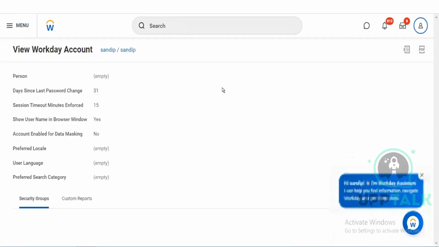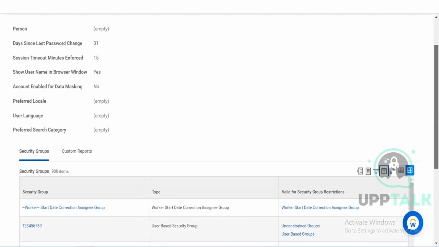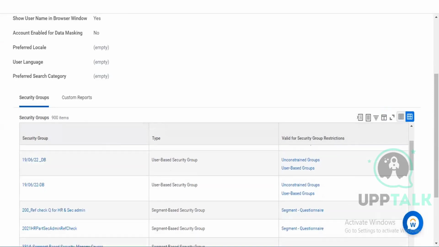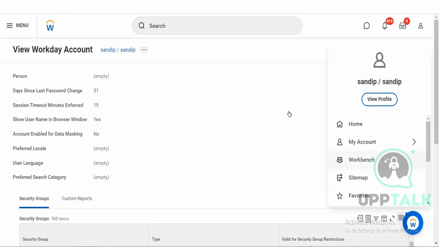I will tell you whether he is a super user. See how many security groups he has: 900. There are so many securities that he has. To check a few more details, whatever tenant access that you have,